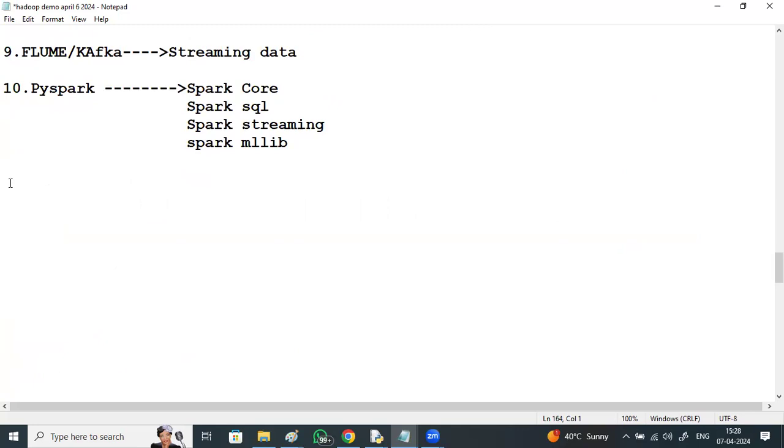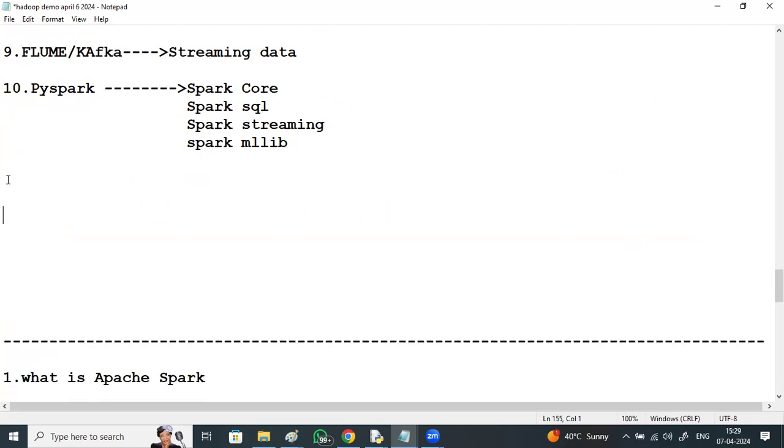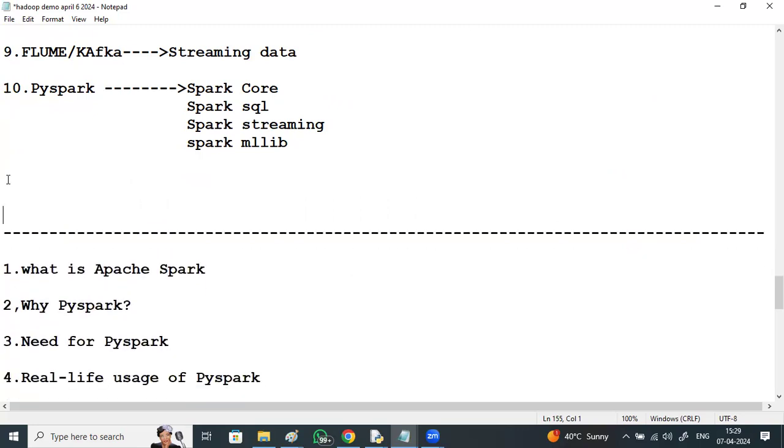So yesterday I was just giving you some introduction to PySpark: very high speed processing.